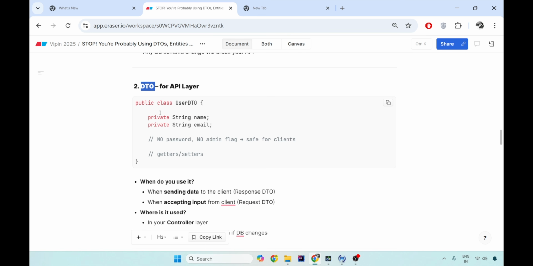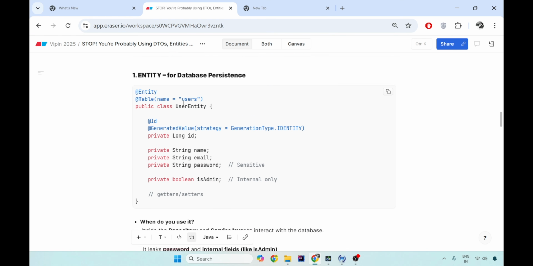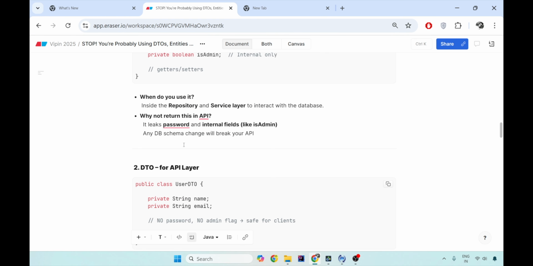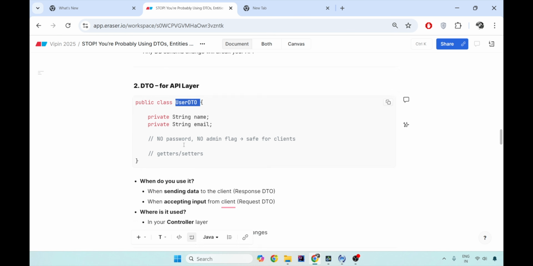User DTO is used as a layer between the client and you. So any data coming to your application or given as a response to the client becomes the DTO, and hence should be named properly as user DTO and user entity. Remember, whenever you create any object, make sure either you make the package names entity and DTO, or if you have just one package called user layer, then make sure that your class names are suffixed with DTO and entity properly.